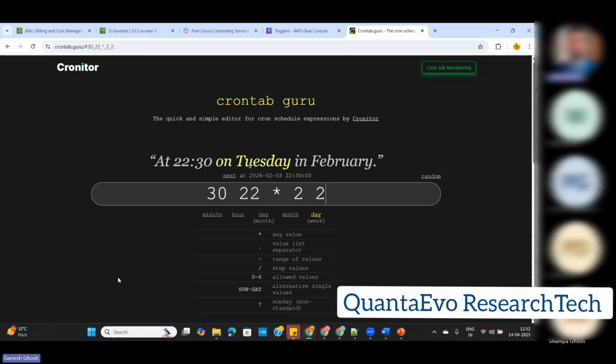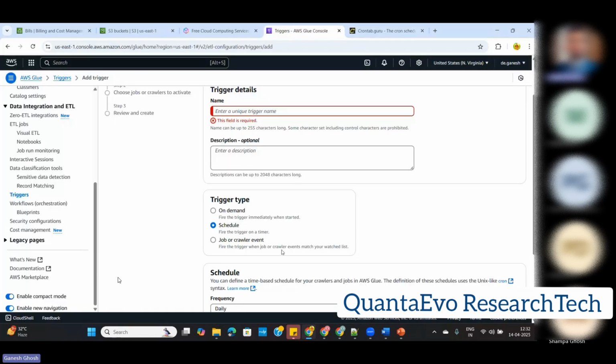The second day here is considered as Tuesday. So you can see in February month, because I have provided the second month here. If I just put a star, that means every month. Tuesday at 10:30 it will run. So I just helped you understand how crontab works. Here, while providing the trigger,